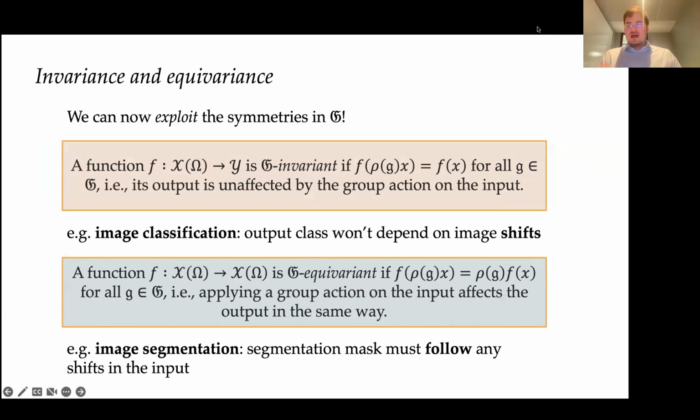And once you have that, now you can say what it means for some function, like a neural network or any other machine learning model, to exploit the symmetries inside the symmetry group G. So the first important concept is G invariance, which basically says that a function, like a neural network that maps your features on omega to some output y, is G invariant if no matter what group action I take from G, the output is not affected by this action on the input. One standard example of this is in image classification with convolutional neural networks. We typically assume that if we shift the input image, this will not change the output class of the object